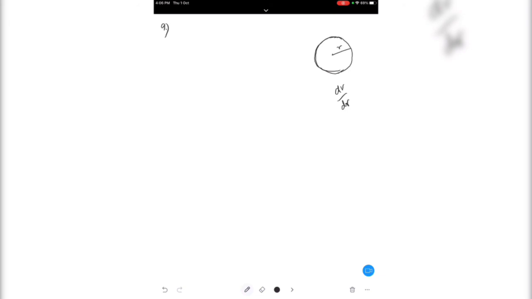So what I will do, let the radius be r centimeter. So volume is equal to what? Can anybody tell me the formula for the volume of a sphere? We have already done it. So the volume of the spherical balloon is 4/3 pi r cube centimeter cube. I will take this equation here.